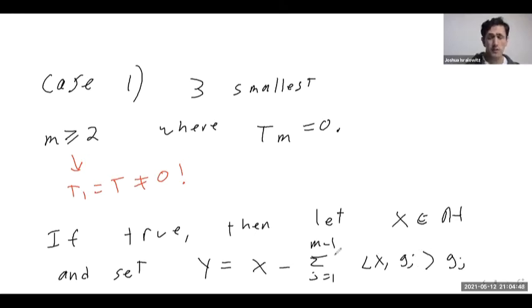This one here is the orthogonal projection onto M_{m-1}, and this is the orthogonal projection onto the orthogonal complement. Or if you want, you can just check this directly. This is in